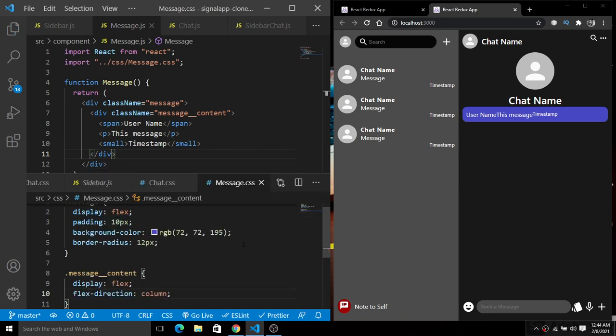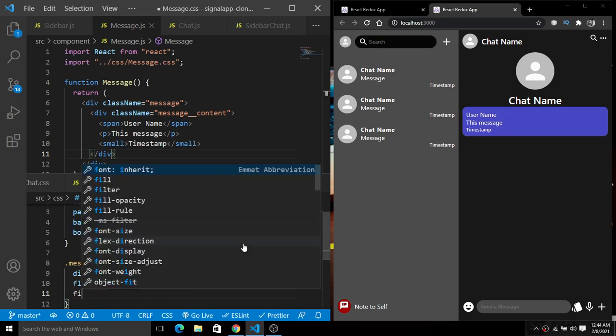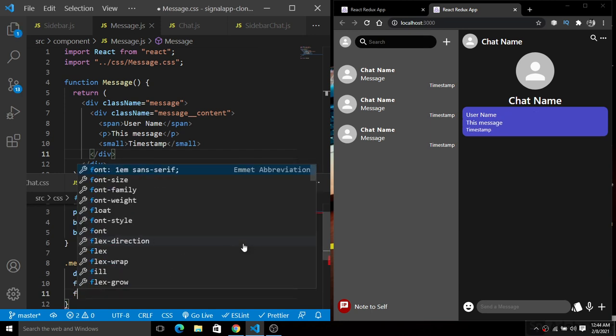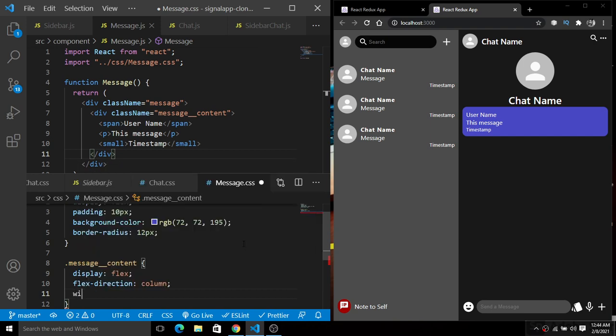Now save this. So we have these things here. Now simply give the width to the fit content here. Now save this. You will see the width here is fit content. Fine.